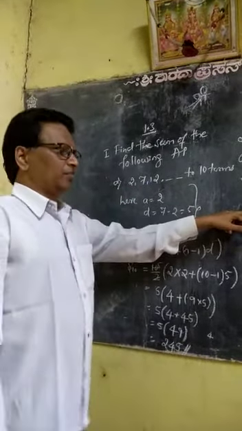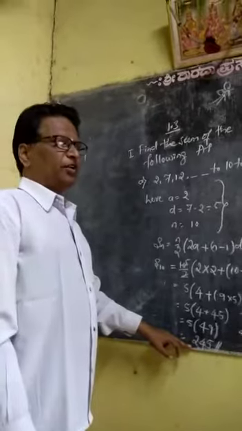So Sn is equal to n upon 2 into bracket 2a plus n minus 1 into d. So S10, substitute the value of n here. S10 is equal to 10 upon 2 into bracket 2 into a, here 2, plus n, here 10, minus 1 into bracket d is 5. So 2 ones are 2, 5 2s are 10. So 5 into bracket 2 2s are 4 plus 10 minus 1 means 9, 9 into 5. In the next step 5 into bracket 4 plus 45. So 4 plus 45 means 49. 49 into 5 means 245.